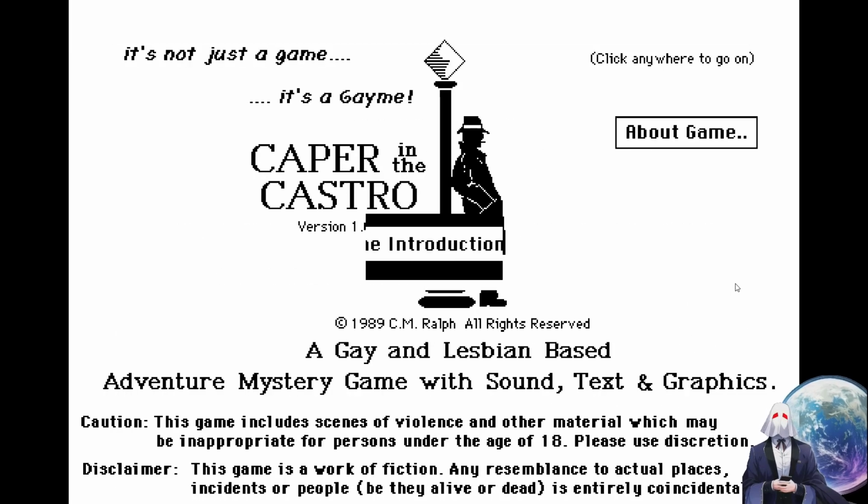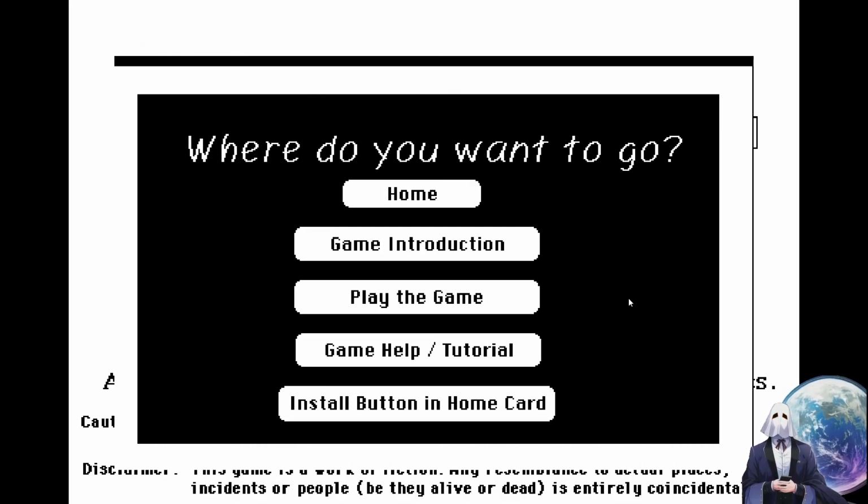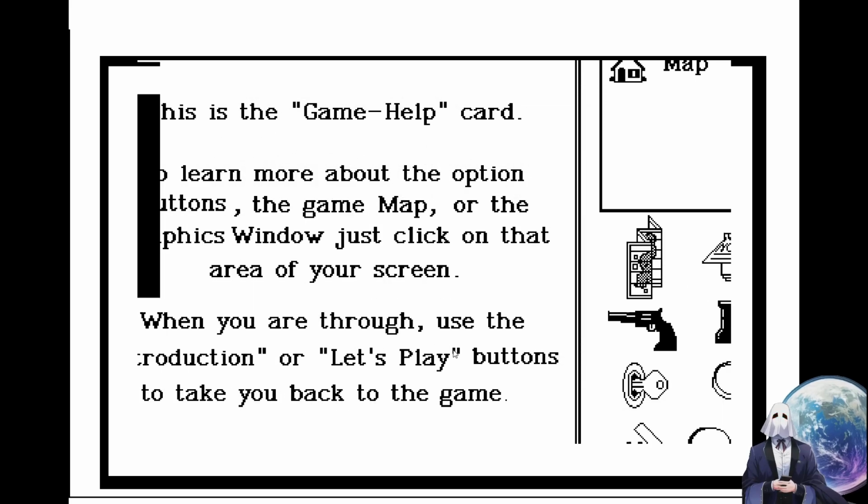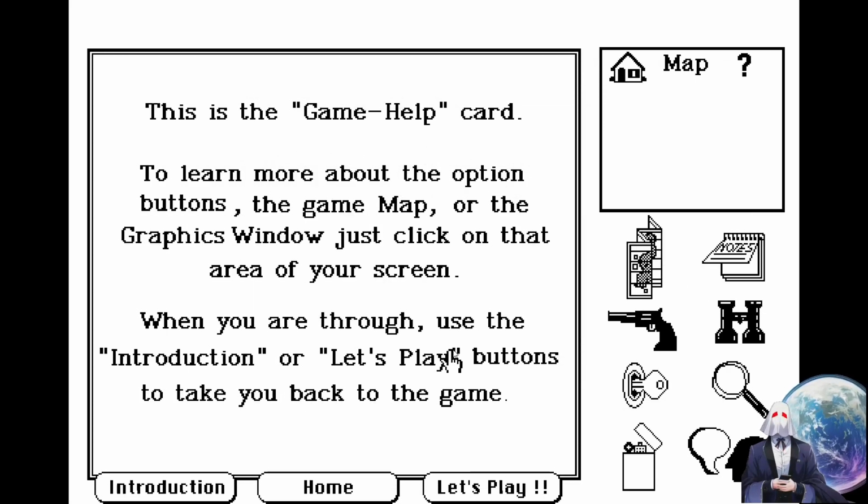It says it has game, or sound, but I don't see any. Game help / tutorial. This is the game help card. To learn more about the option buttons, the map, or the graphics window, just click on that area of the screen. When you're through, use the introduction or let's play to take you back.